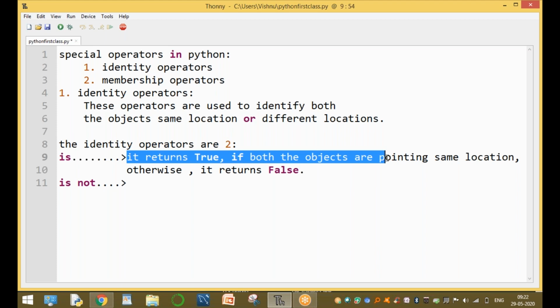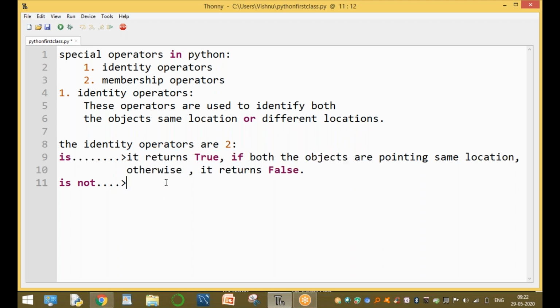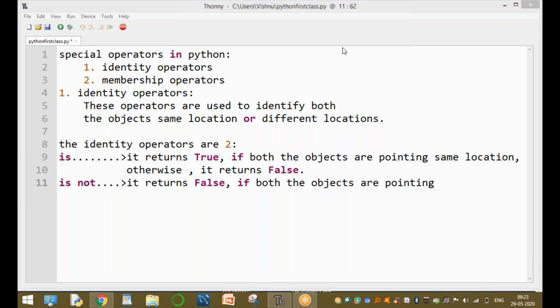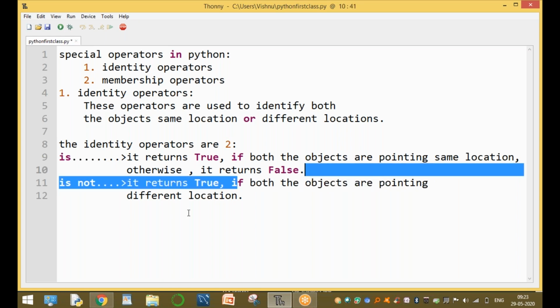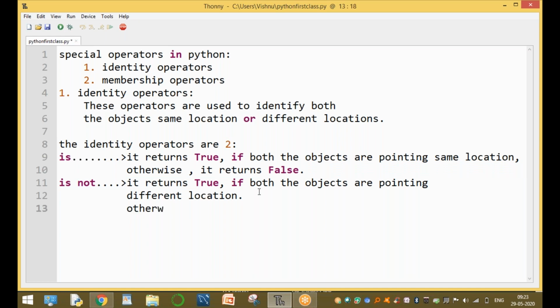It returns true if both the objects are pointing to the same location, otherwise it returns false. The is not operator is the opposite. It returns true if both the objects are pointing to different locations, otherwise it returns false.